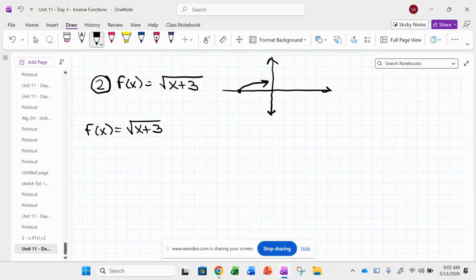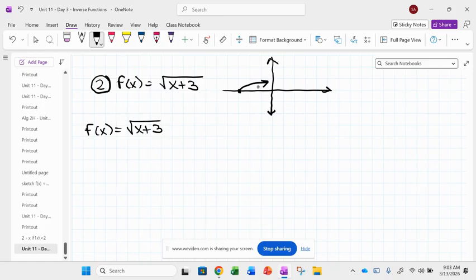Somebody different, somebody besides Ariana, have a thought. Why? I'm going to repeat the question. Why do you think it's important if I'm asking you to find the inverse? Why do I have to find the domain and range of the original function? Well, good, because the domain and range of the original function gives me the domain and range of the inverse because we switch them, right? That's the only way I'll know the domain and range is if I find the domain and range of the